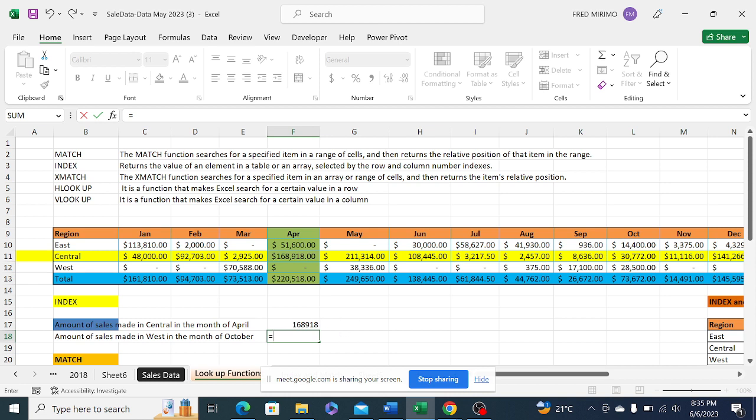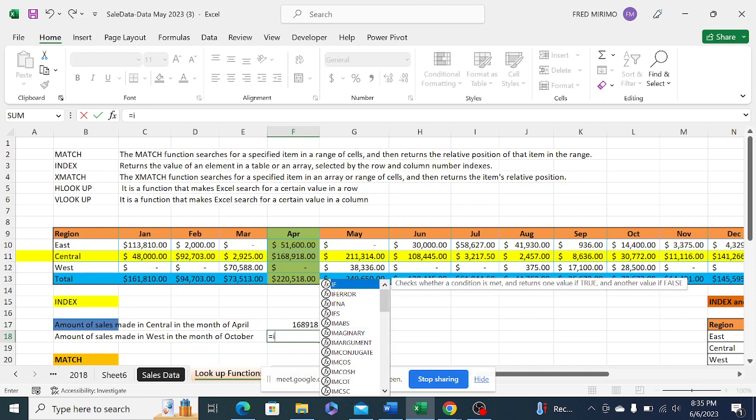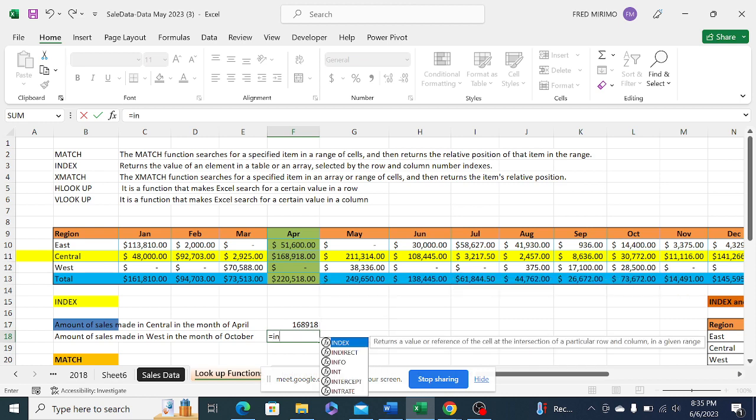So let's find the sales made in the month of October in the West region. =INDEX